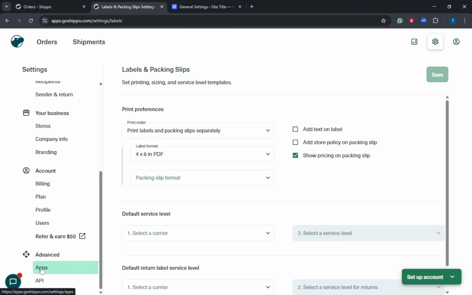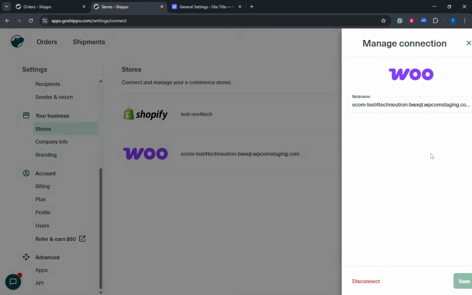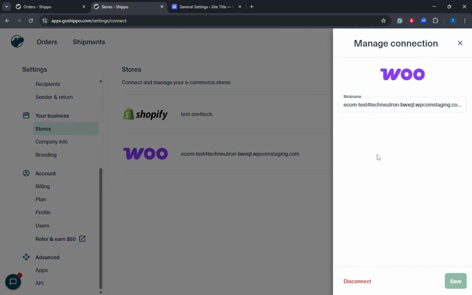If you manage more than one store, you can repeat the same connection process to add each one under the same Shippo account. That way, all orders from all your storefronts roll into a single workspace, making it easier to organize and